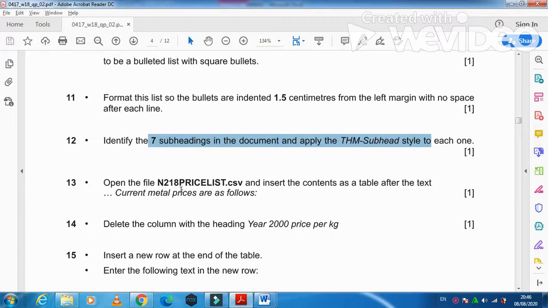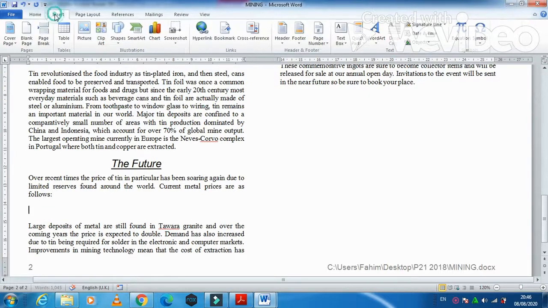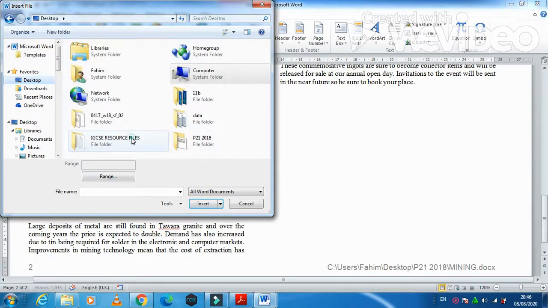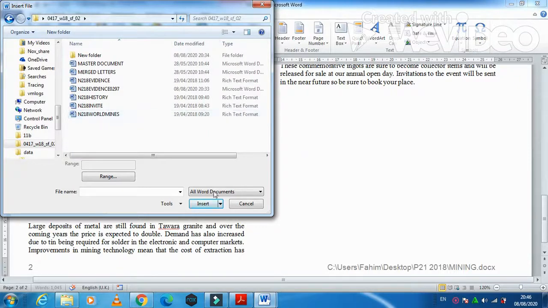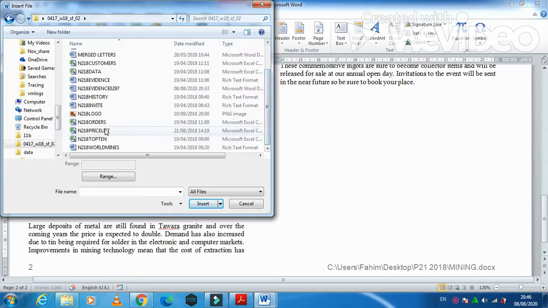Then after, open the file N21.8 price list.csv and insert the content as a table after the text current metal price as follows. So here is current metal price. We just insert here the content from which file, desktop, sorry, we need to go to our folder here. We need to get all the files, and then price list. Here we have a CSV file, price list, insert,